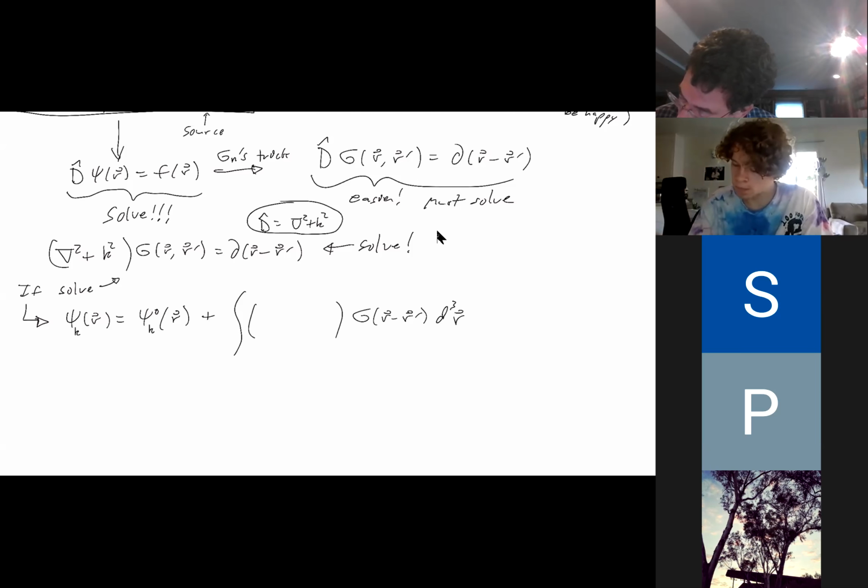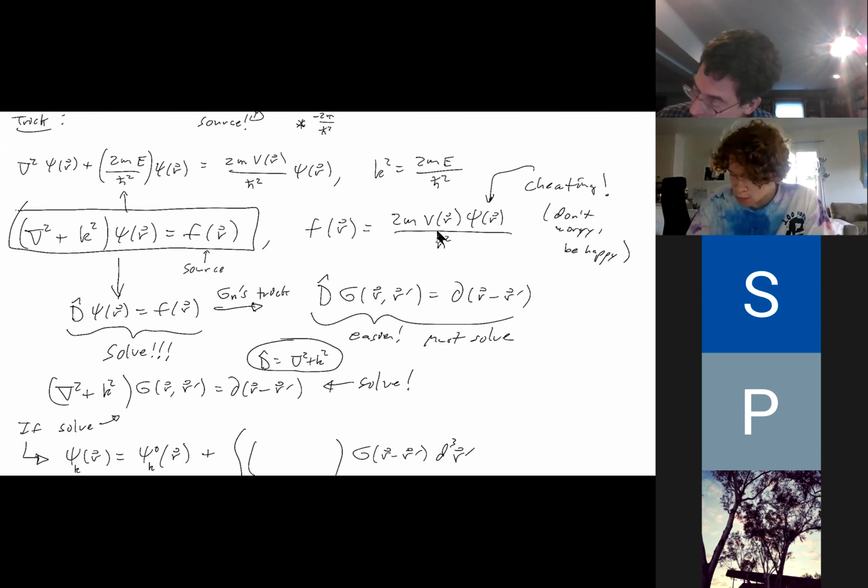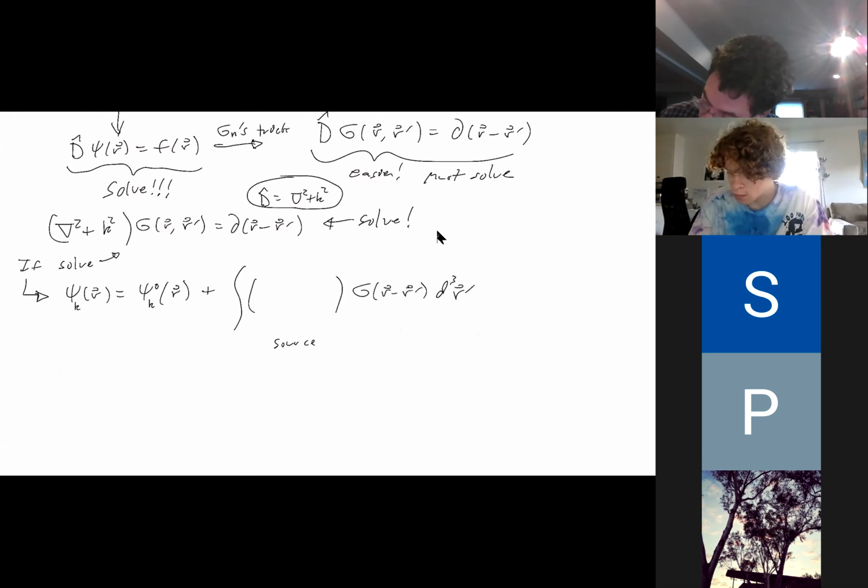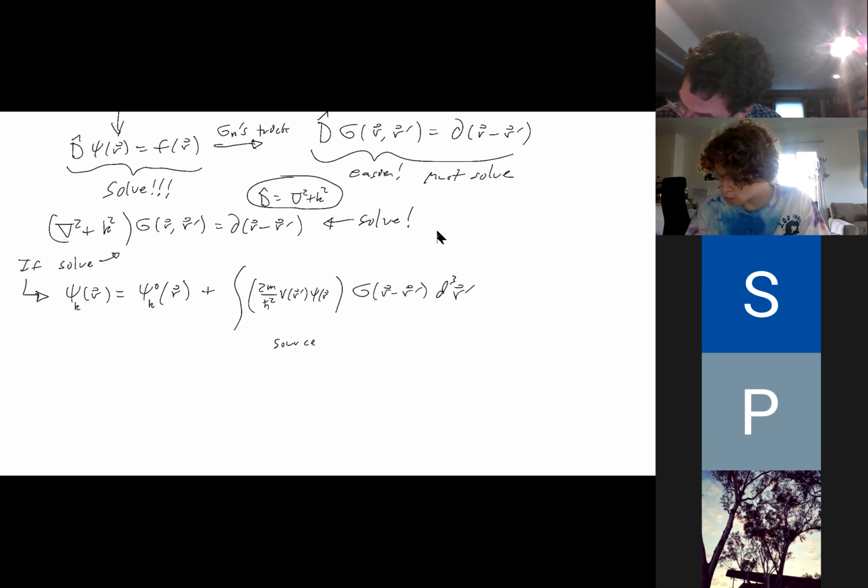And I have to integrate over all possible locations of my source. And here the source term for this scattering problem is this. Here it is, I drew it up here. It's going to be 2m over h bar squared, v of r prime, psi of r prime. Okay, so that's